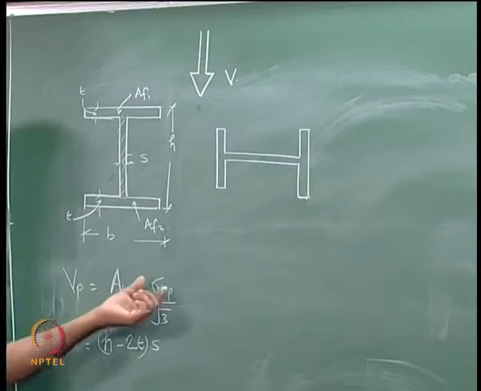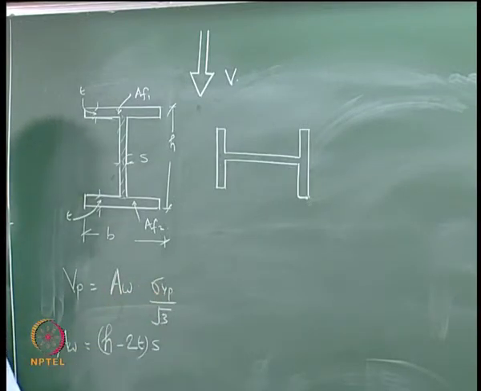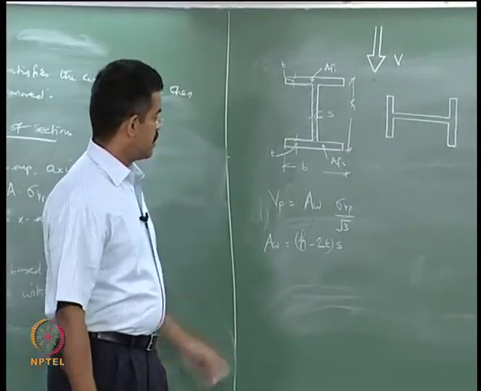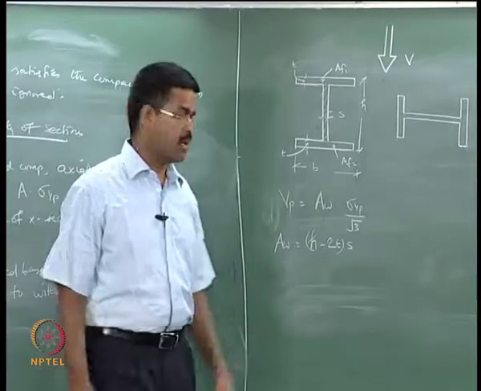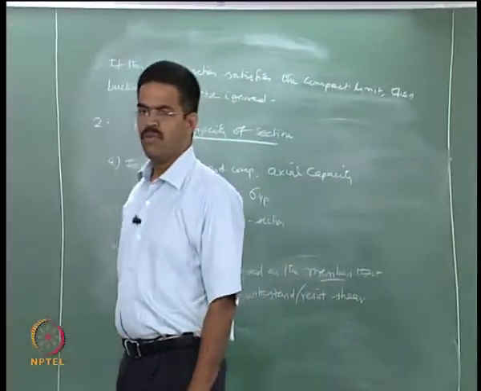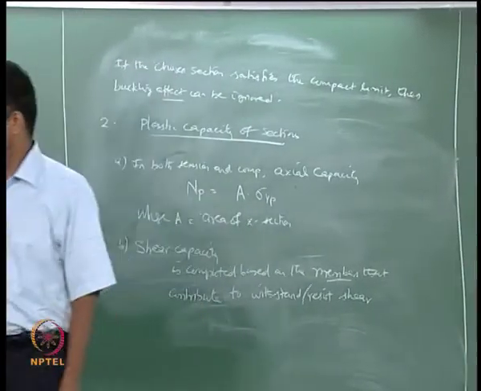And sigma Yp is of course the yield stress at plastic stage. Why is it 1 by root over 3? Look at the distortion theory in the last lecture. What is the stress at the minor axis in the second and fourth quadrant? It is nothing but 1 over root 3. You can look at the comparative figure which we made in the last lecture. You will see that 1 over root 3 is the value of shear at yield, is it not? Distortion theory.